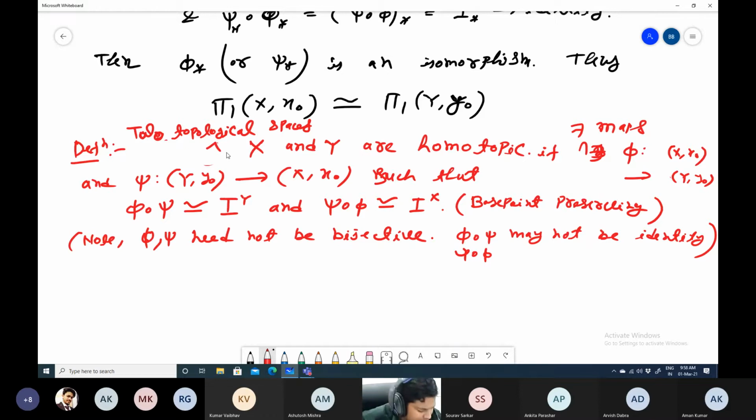Okay, just a minute. Sir, if we have a retraction map from X to its subset A, then X and A are homotopic. Can we say that? Just give the answer of that. Yeah, I feel that they should be, but I wanted to confirm, because if we have a deformation retraction from X to A,